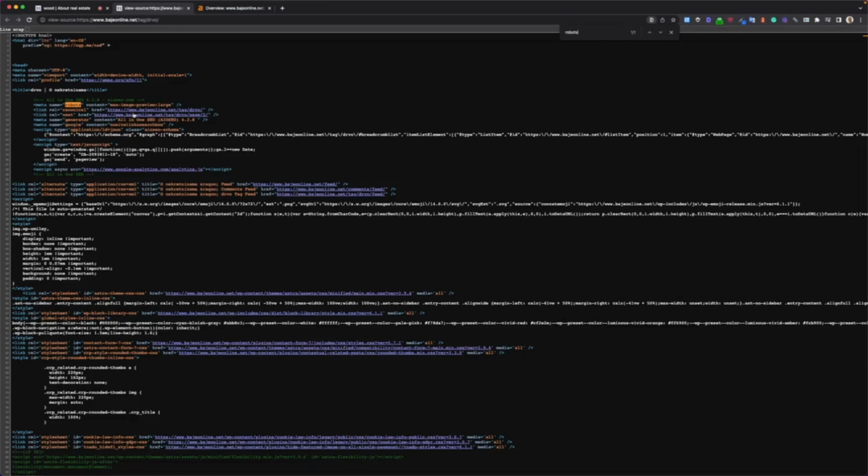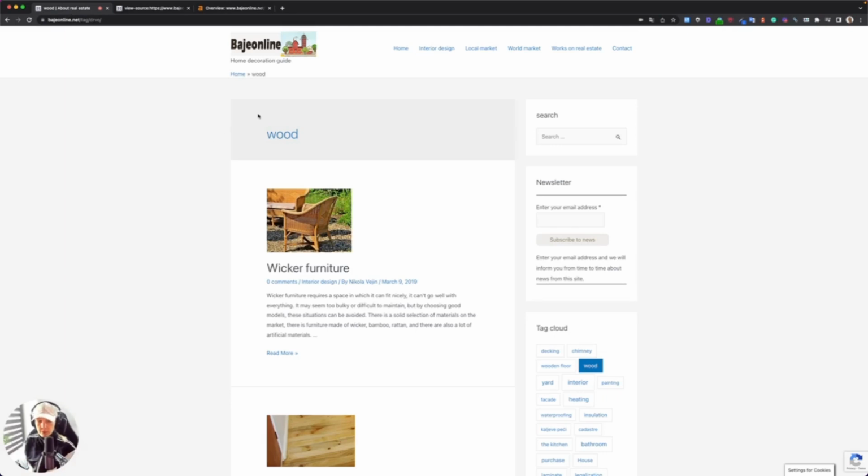And as you can see, we don't even have the index or no index directives here. So if we don't have a no index directive, it means the page is indexable. We can also quickly check if that specific page, which we think shouldn't be indexed, is really indexed,